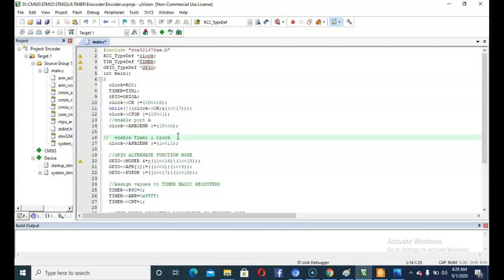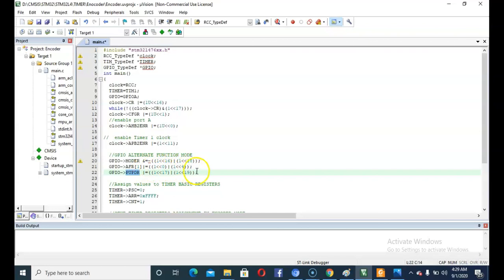Now we need to configure the GPIOs which are connected to the pins of the rotary encoder, PA8 and PA9, in alternate function mode. So we will be modifying the MODER, AFR1 and the PUPDR register. The PUPDR register is the pull up pull down selection register.